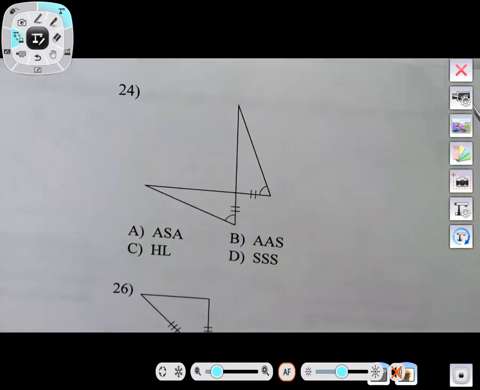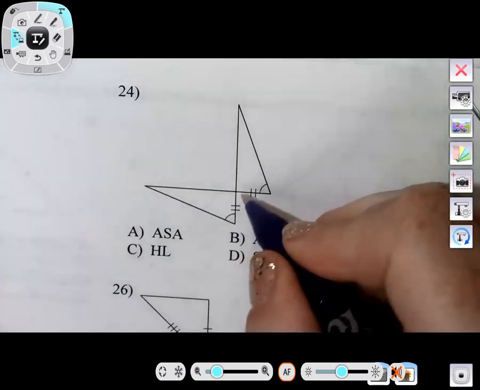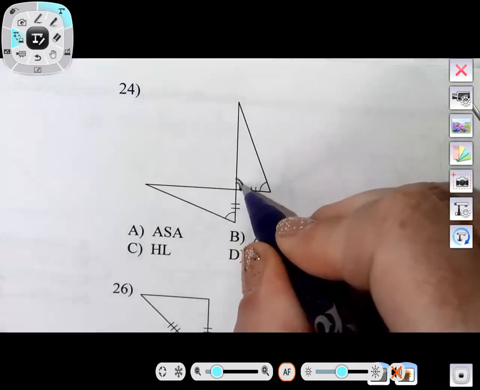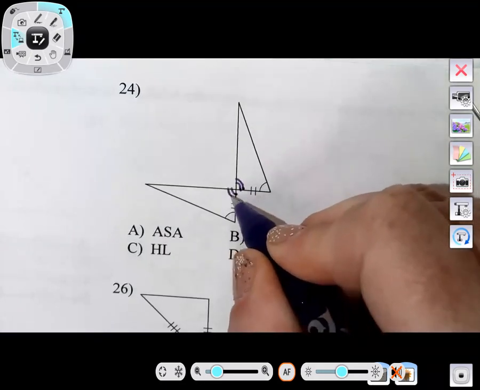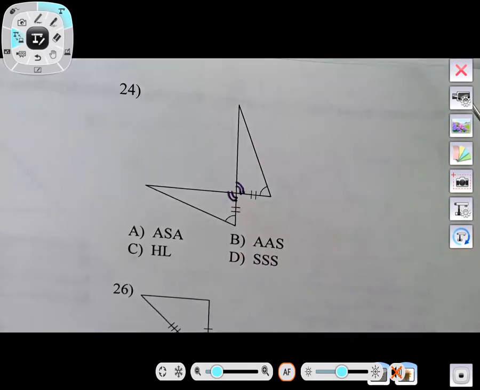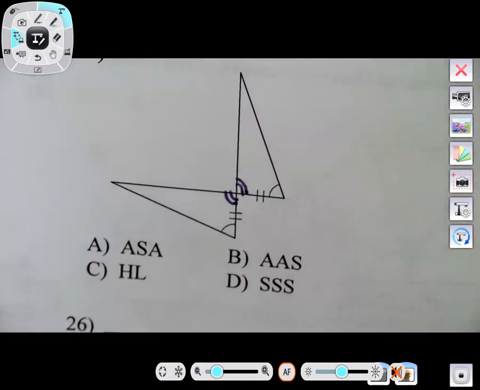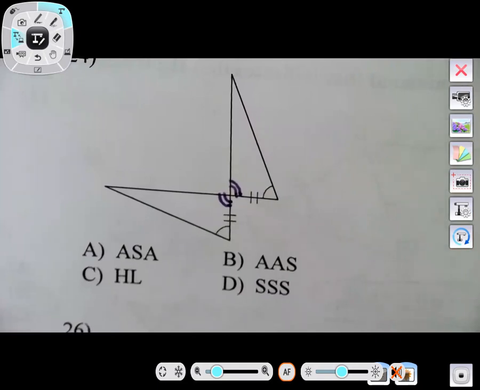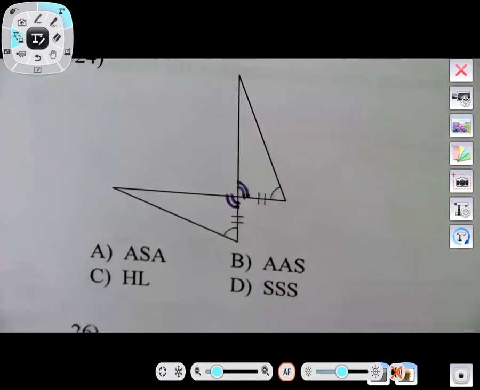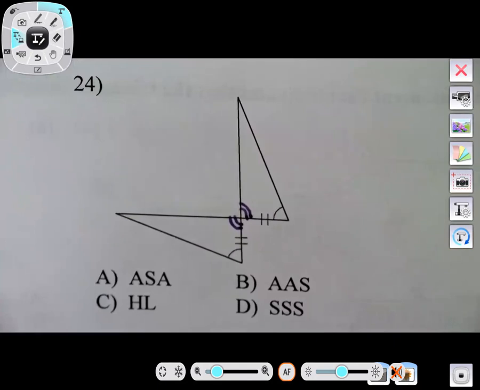24. All right, Justina, this one's for you. You got vertical angles, I'll mark them for you. Justina, this one's yours. It's number 24, if you have it. Oh,